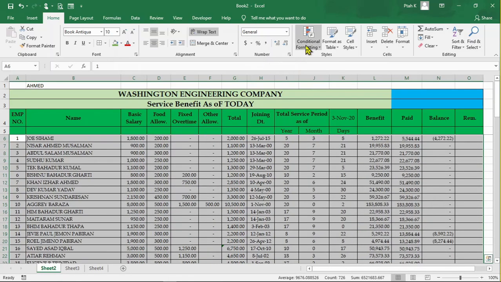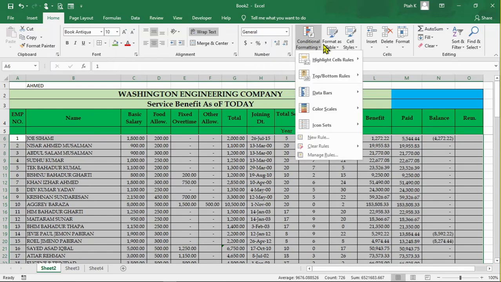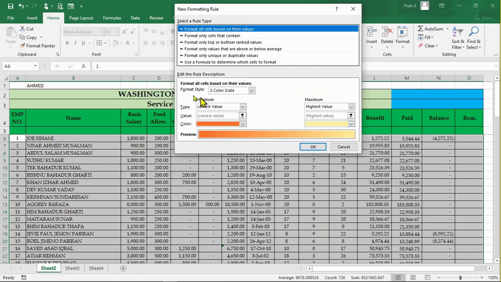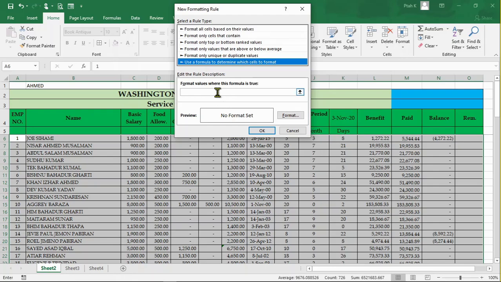After we highlight, we click the conditional formatting tab and say new rule, use a formula, and go to the tab. We say is equals to, OR, and open the bracket. Let's say anybody who has a basic salary of 1800, click F4, double F4, then say is equal to